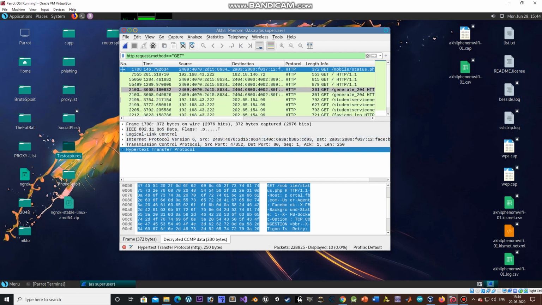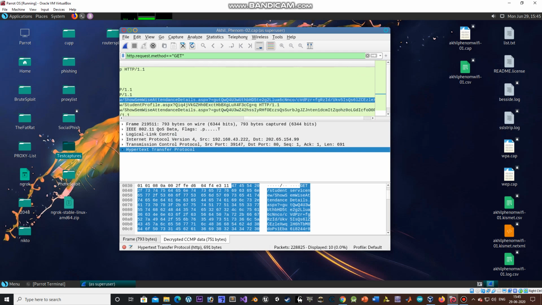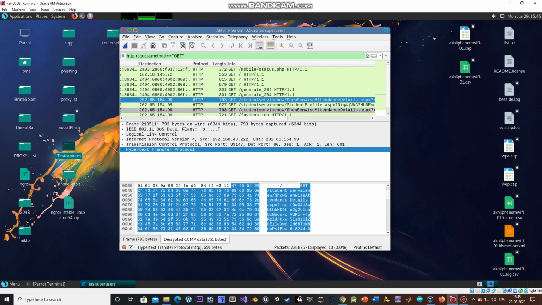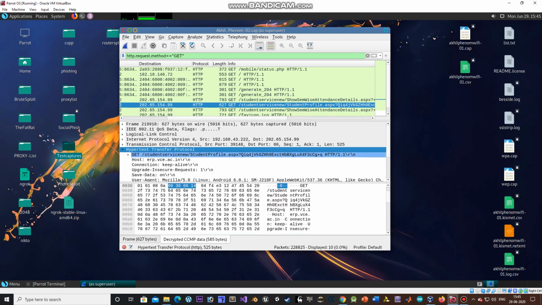So as you could see here, the student has visited his semester-wise attendance details from student service new. And on further investigation, we could see that the host is erp.vc.ac.in. So this belongs to Vasavi College of Engineering, and it's my college.